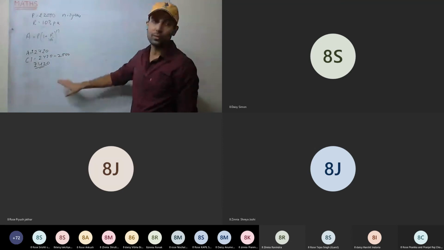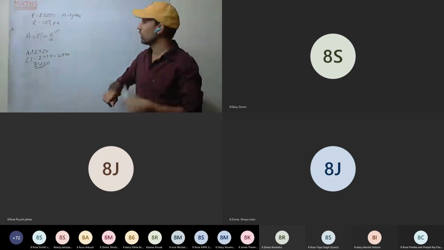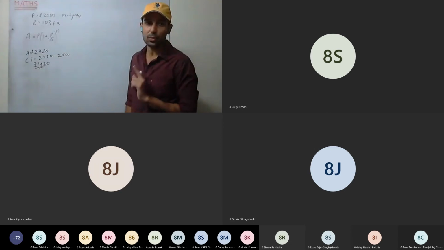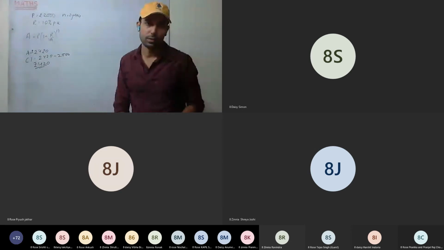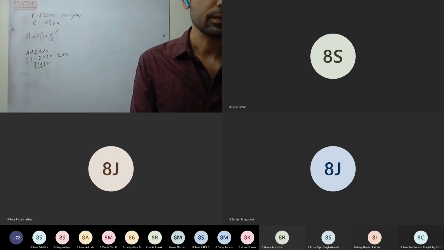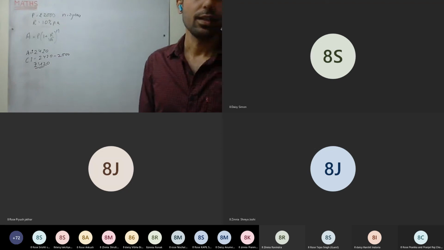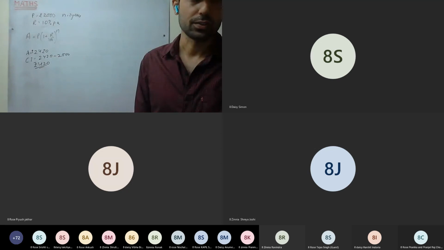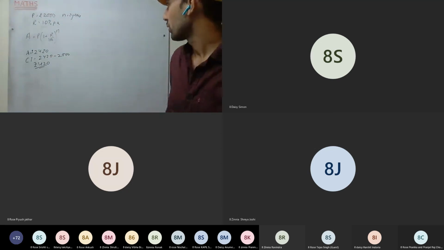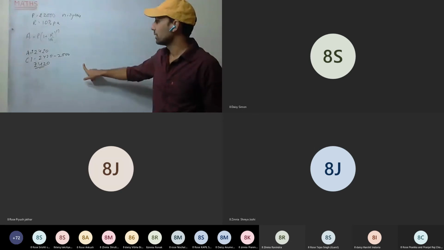But we always have to remember that compound interest means interest on interest is also calculated. In simple interest, we calculate only on the principal. That we always have to remember. Keep doing the third question. Anyone have a doubt in the second question? Do ask now. Tomorrow I won't be discussing the second question, so do ask now if you have a doubt.